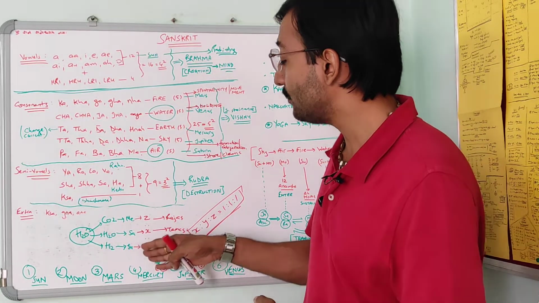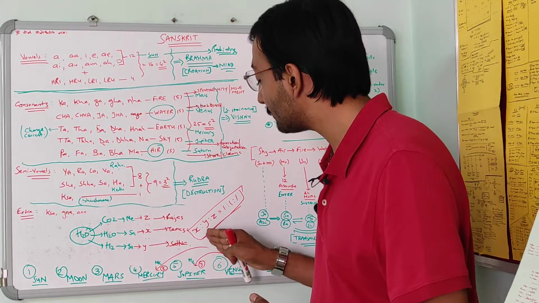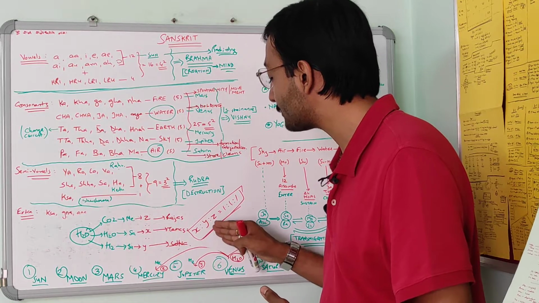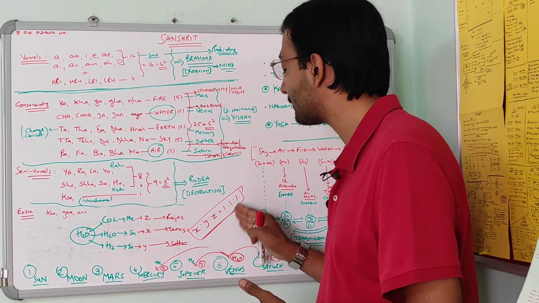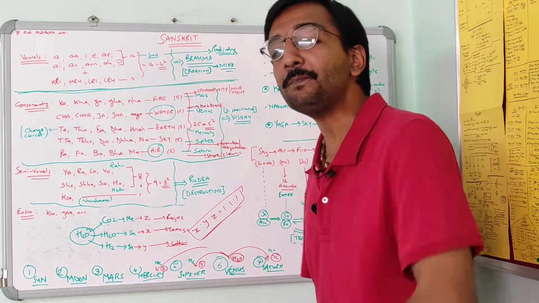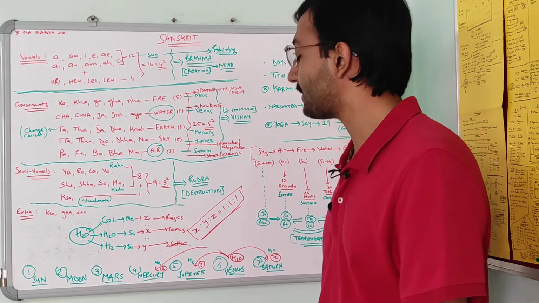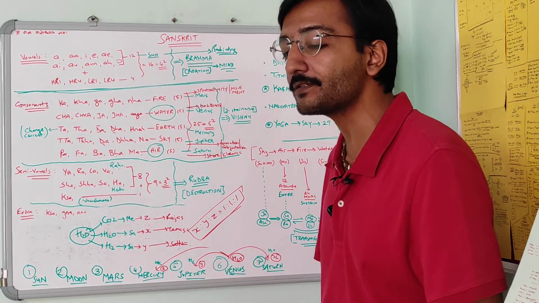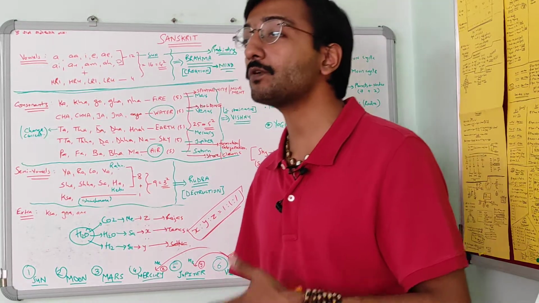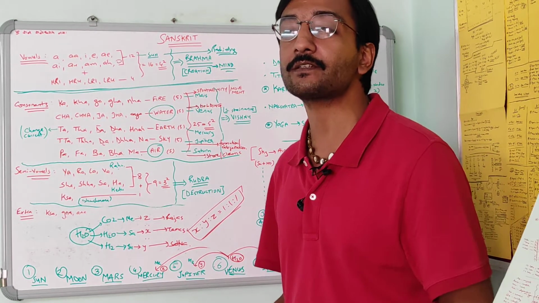So what do you have to do? You just have to keep the ratio X ratio, Y ratio, Z ratio equal to 1 ratio 1 ratio 1. It is the simple rule of Venus. And if you follow the rule of Venus, okay, who was Venus? What was Venus gifted? Venus was gifted Sanjeevani Vidya.